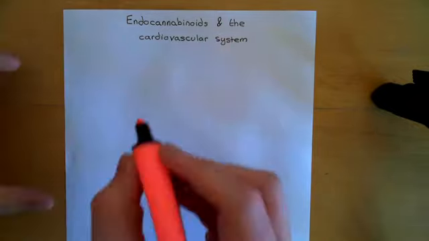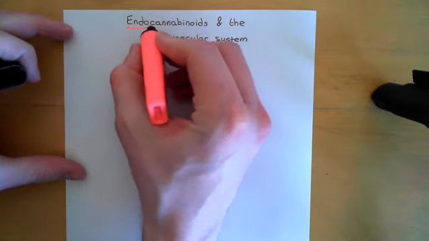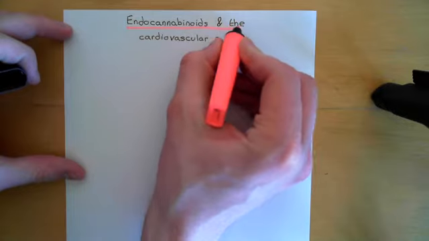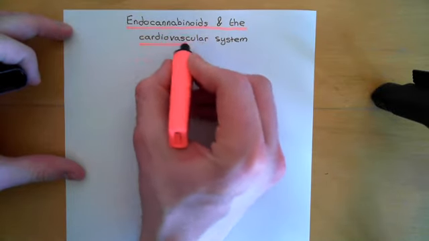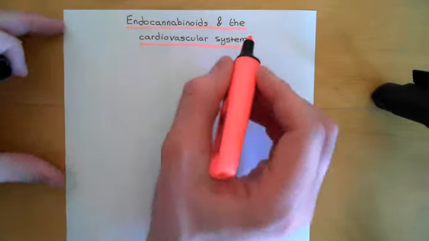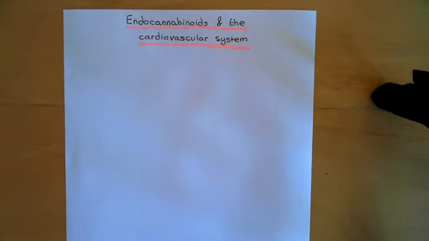Okay, it doesn't seem as though the endocannabinoid system in the cardiovascular system is usually active. It's only active really in pathological situations, and it seems to be the case that it's activated to protect you against certain pathological situations. So for instance, it seems to be activated to try and protect tissues against ischemia and also ischemic reperfusion injury as well. Okay, and we'll discuss that towards the end.